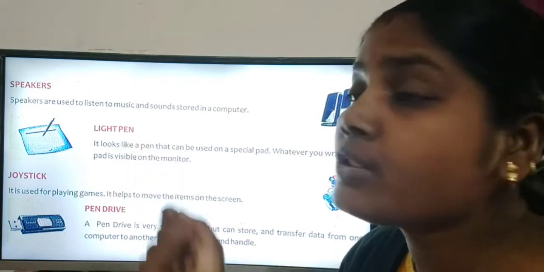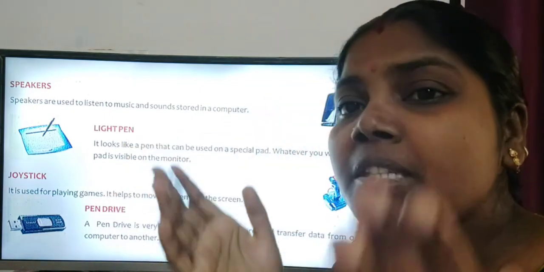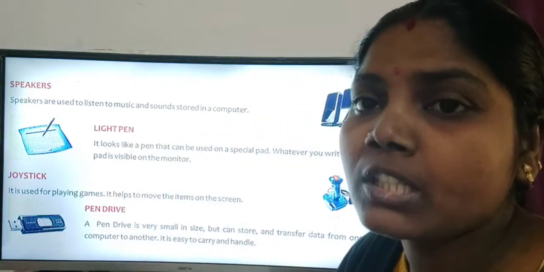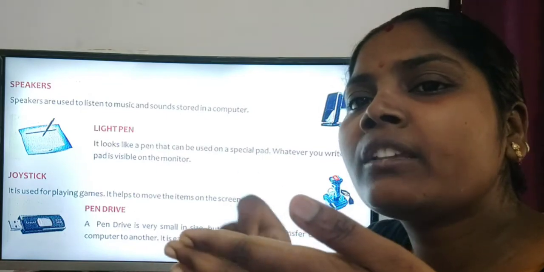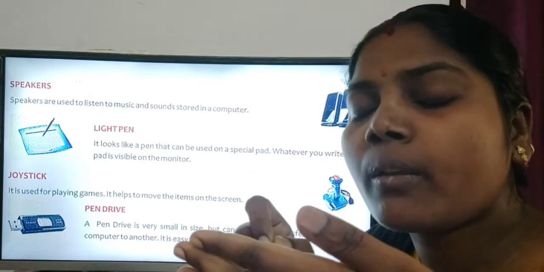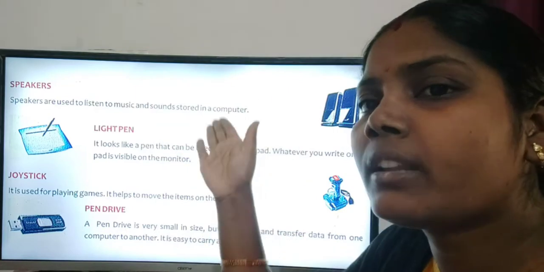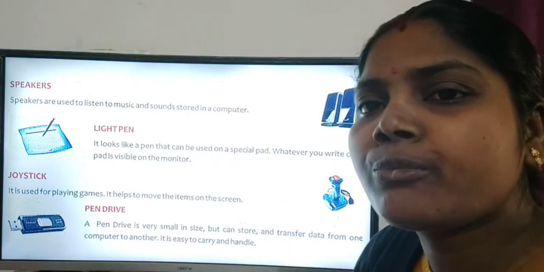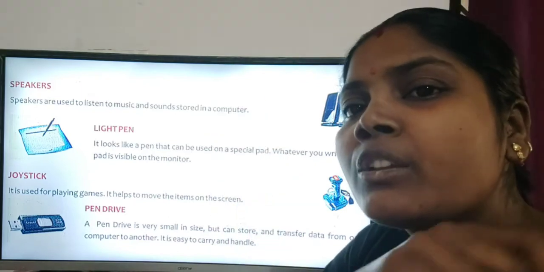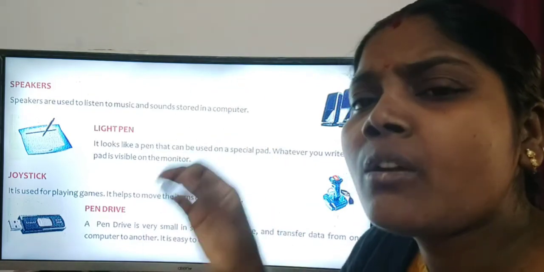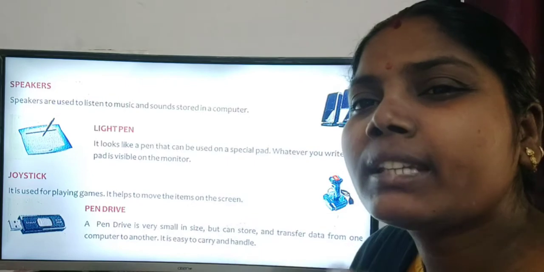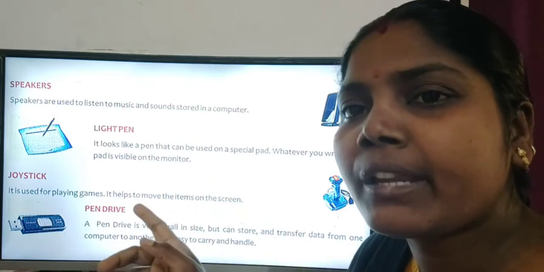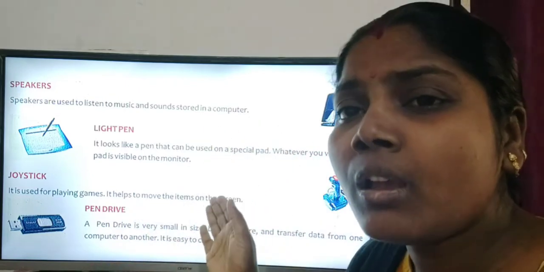So with the light pen, we have a special pad. If we write on that special pad, it is visible on the monitor. Whatever you draw, full stops, lines, a tick, a cross, whatever you do on that special pad with a light pen, is visible on the monitor.